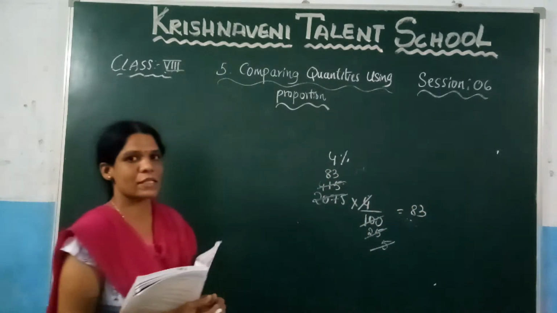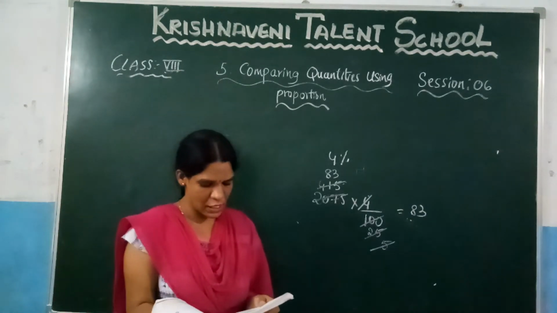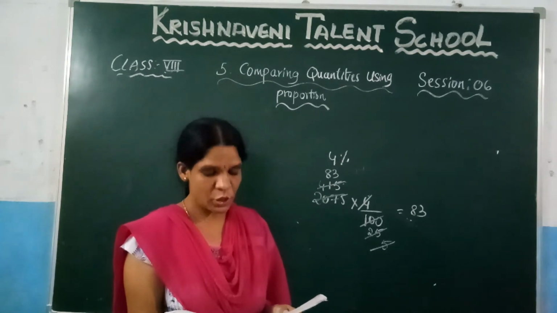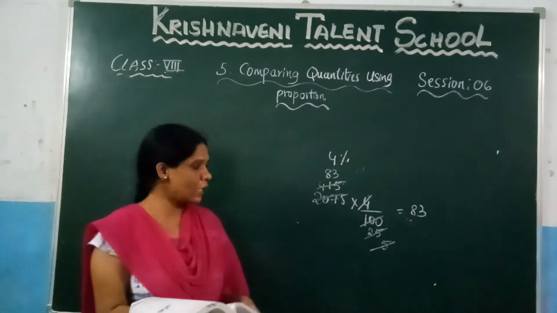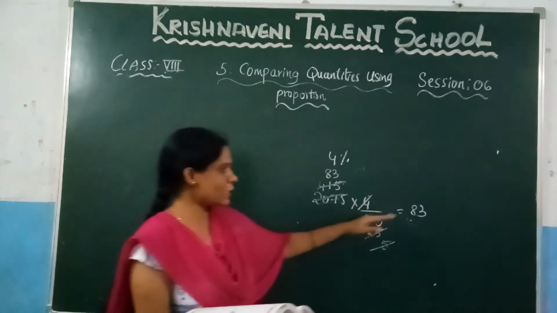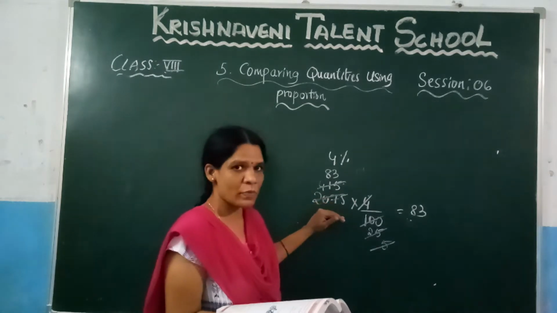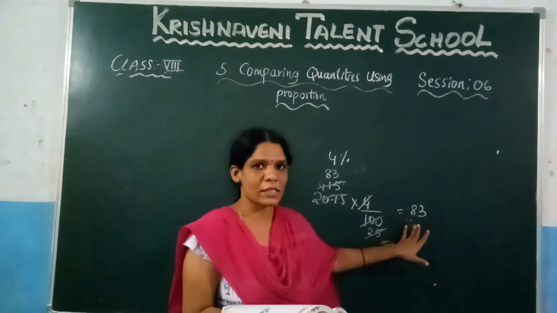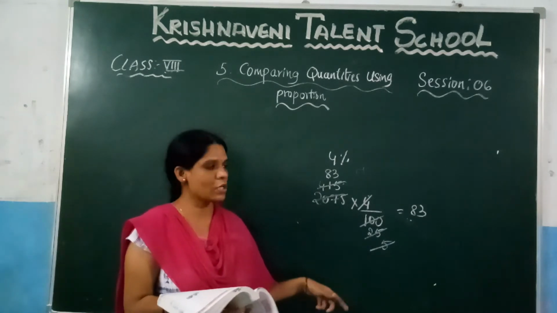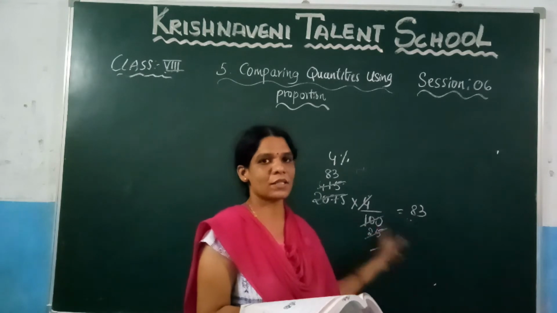So what is the decrease in enrollment? Which is nothing but 83. And one more question is also asked. What they ask here? How many members are enrolled during this year? This is the number of members enrolled in the last year. This is nothing but decrease in enrollment. That means if you subtract the decrease in enrollment from the number of members, you will get the number of members enrolled this year, because these many members are decreasing now. So you need to subtract these two numbers.